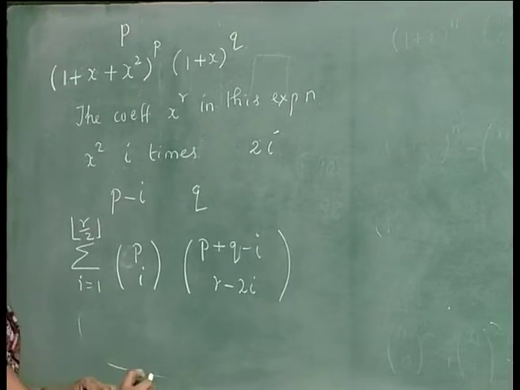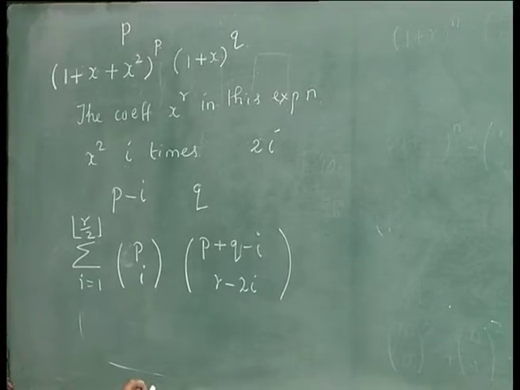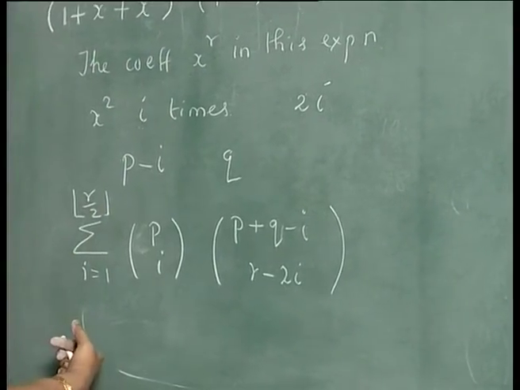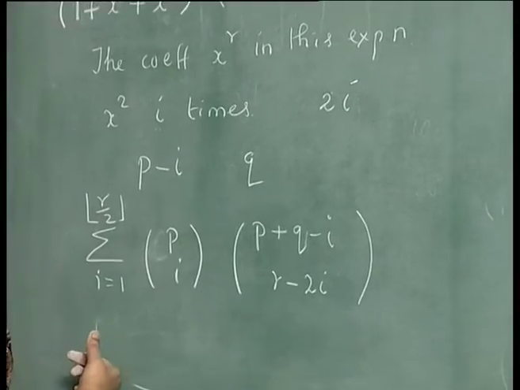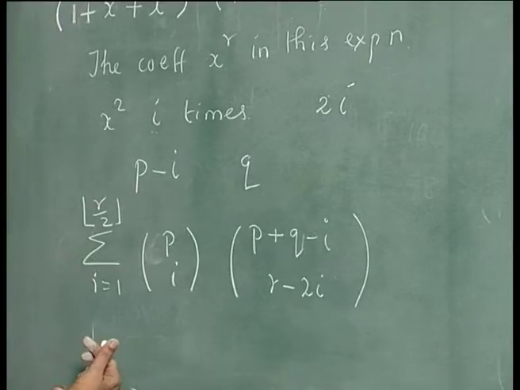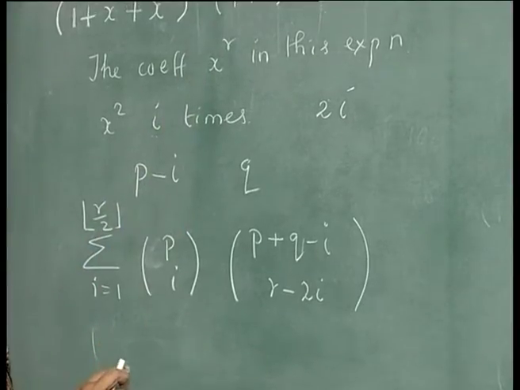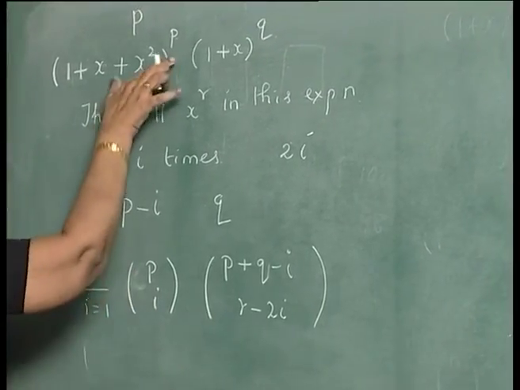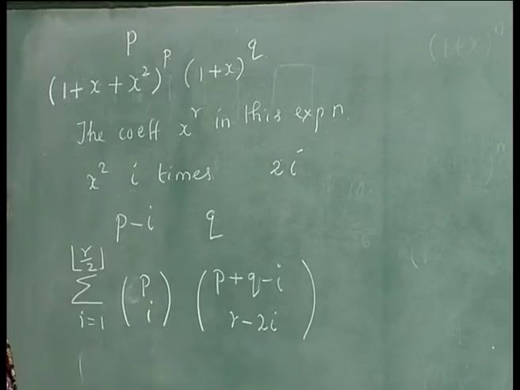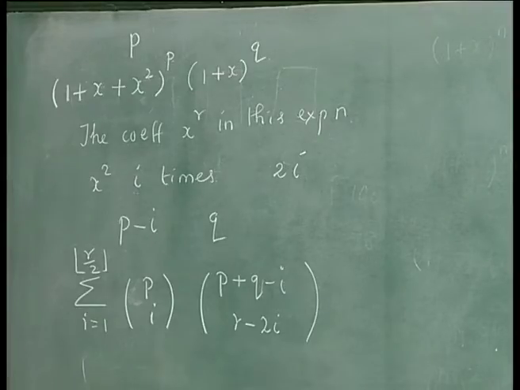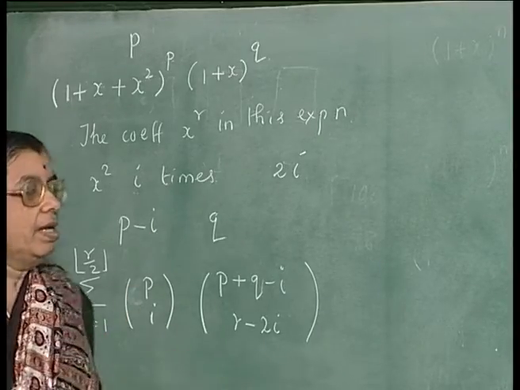What does that mean? It means that suppose r is 13, 13 means you cannot select x squared 6.5 times, since 13 by 2 is 6.5. So, you have to select 6 times x squared, maximum you can select is 6 times, and 1 you have to choose from here. So, from i times your i factors you are selecting here, and that will account for 2 power i. The rest of them you have to select from the p plus q minus i factors. So, this will give you the answer for this problem.